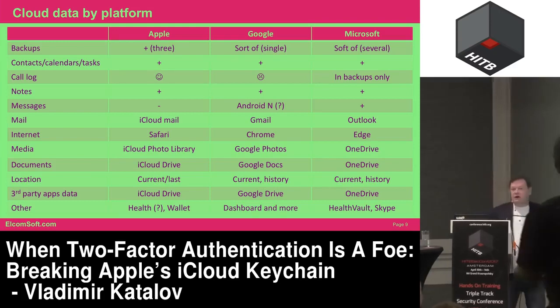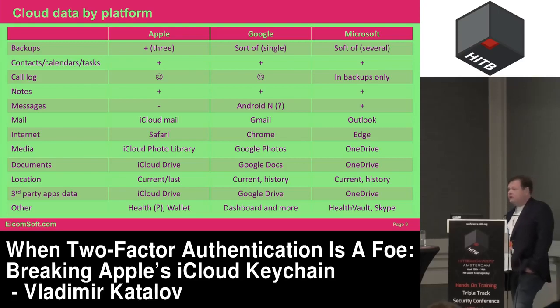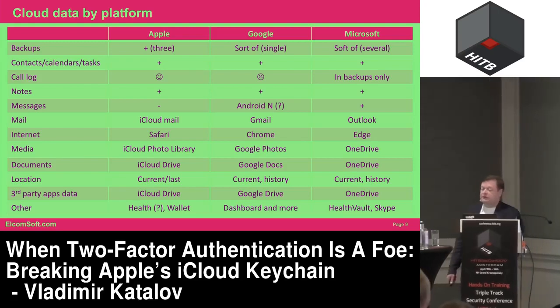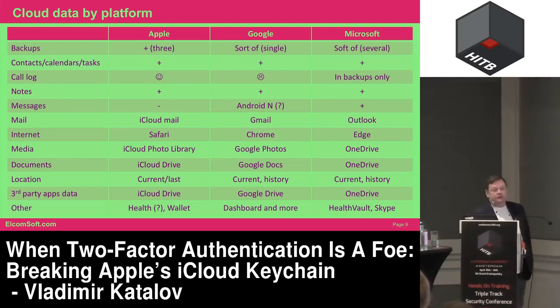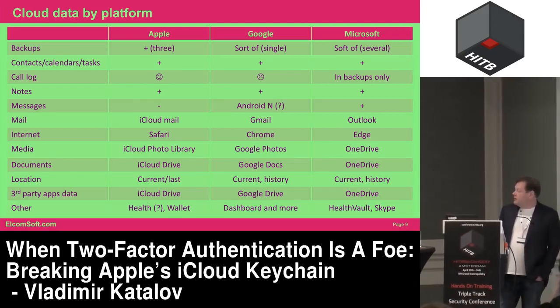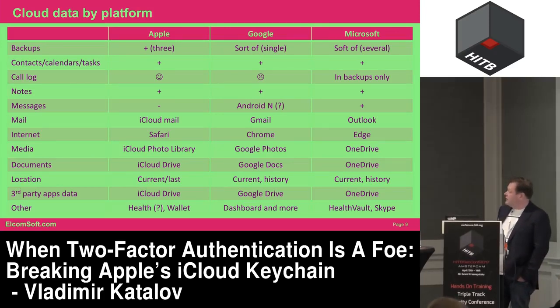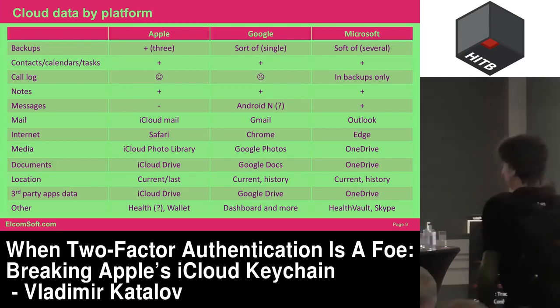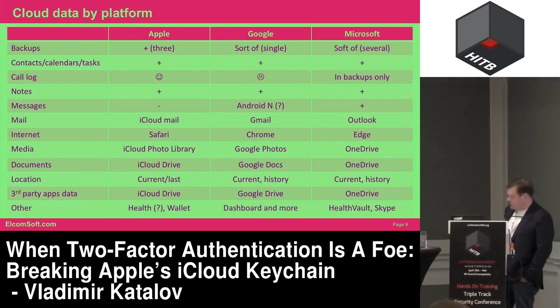Some of the Chinese devices, working even on Android 6, if you install the custom firmware, upload the SMS to the Android account, but still, some devices like the Nexus 6 don't have the SMS available there. And you have the other data for the internet, for example. Of course, for Apple it is Safari, for Google it is Chrome, for Microsoft it is Edge, and sometimes Internet Explorer as well.